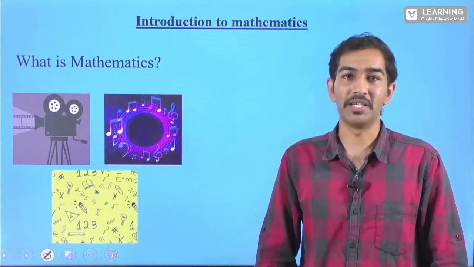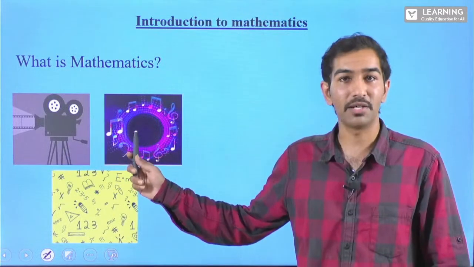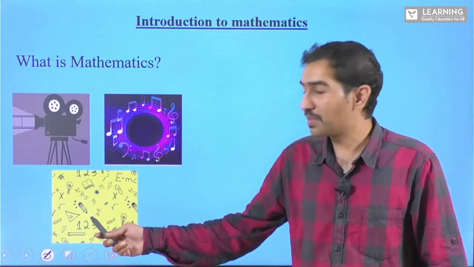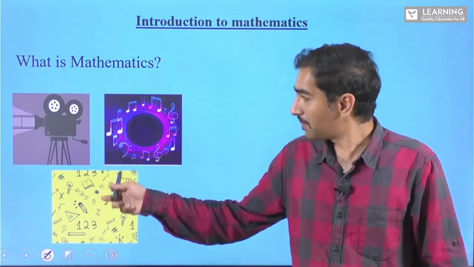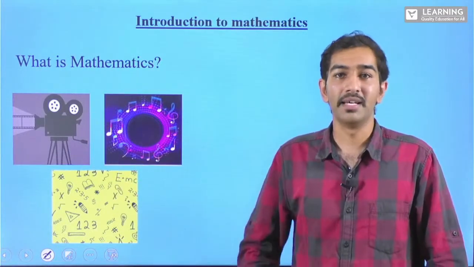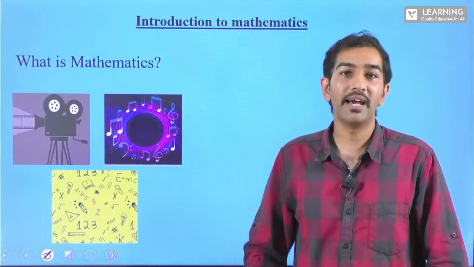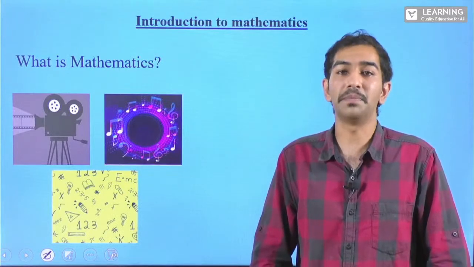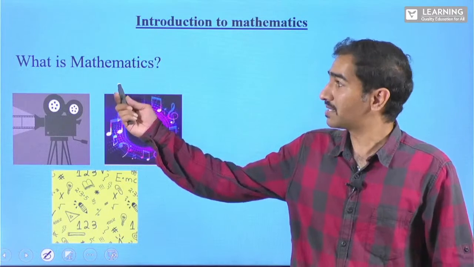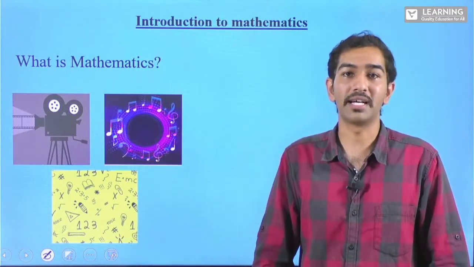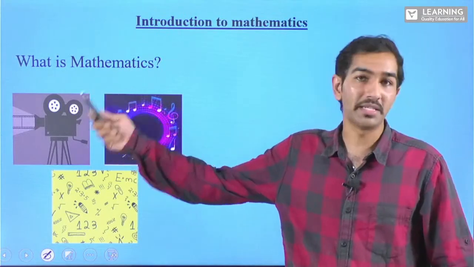So what is common, students? I mentioned a few movies here, correct? I mentioned a few singers or musicians here, and here I have mentioned a few topics. What is common among all of them? All of them are universal, which means whatever I have said here, they have been watched by people all around the world, which means mathematics is universal. It is accepted universally. So this is mathematics. It is a universal subject.